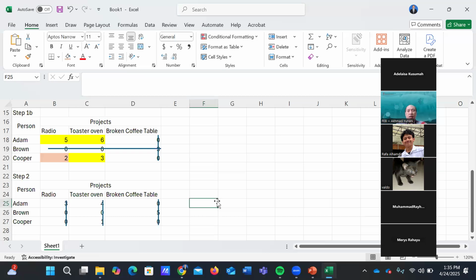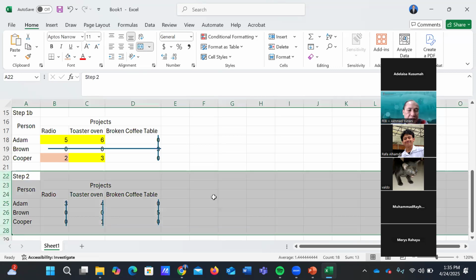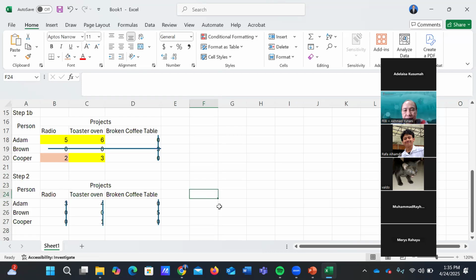How many lines do we have now for the last table? We have 3 lines, sir.